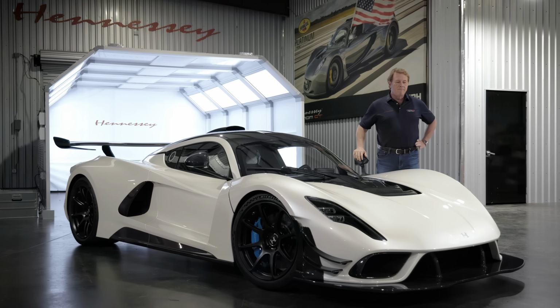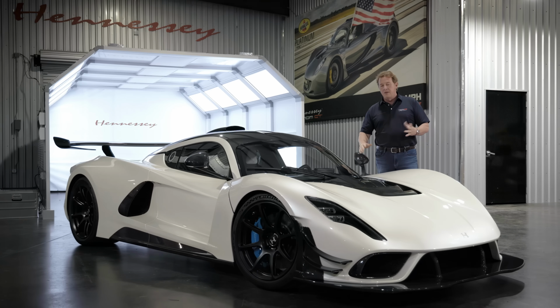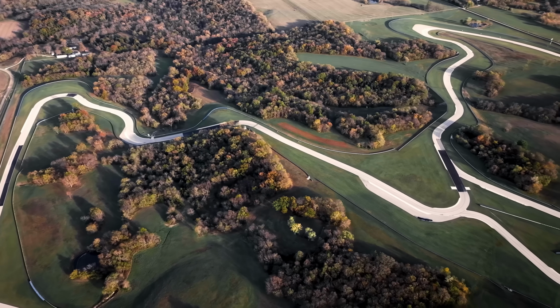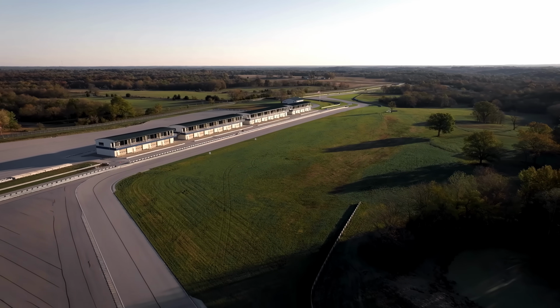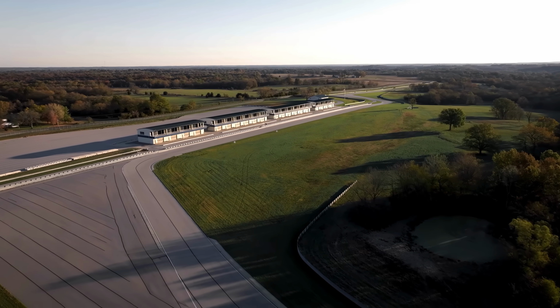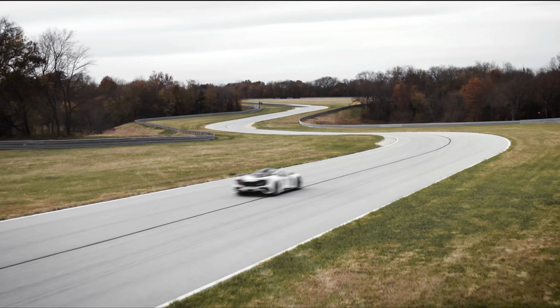Somewhere along the way, we had a client that ordered a car and said, hey look, if you'll build a track-focused version of the car, that's what he wanted. And this is a guy that actually has his own private 3.4 mile long road course. It's amazing. It's as nice, maybe nicer than Circuit of the Americas up in Austin. So he was very kind to let us use his track initially to do some shakedowns on his car,